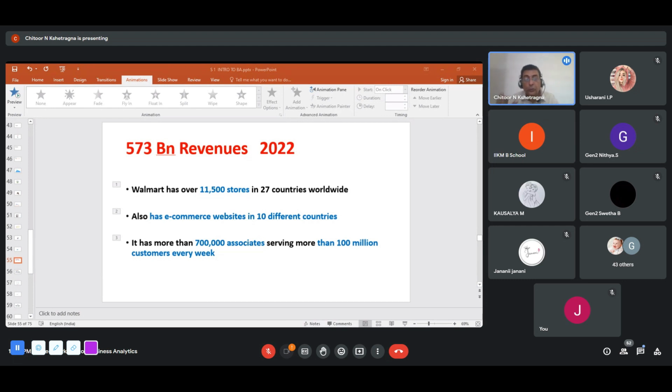Sorry, not Hosur. Tirupur. They come to Tirupur. Walmart comes to Tirupur, right? And they are called merchandisers. You have a set of merchandisers who come to Tirupur from Bangalore, they buy products and then they export them or send them to the USA or to any of the stores. They have 7 lakh associates, let's say 100 plus associates in Tirupur, like that China, Bangladesh, right? 100 million customers every week.